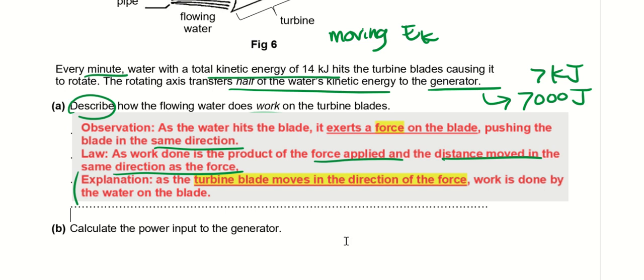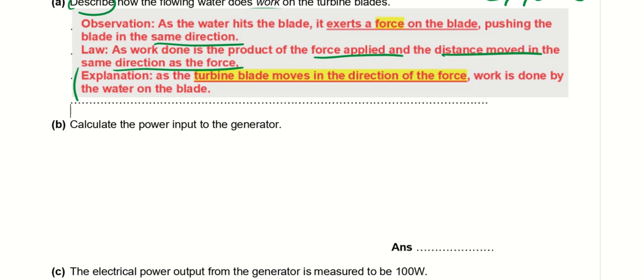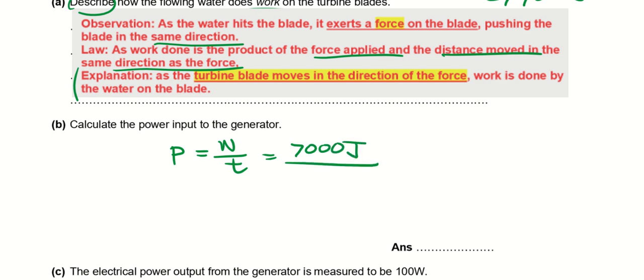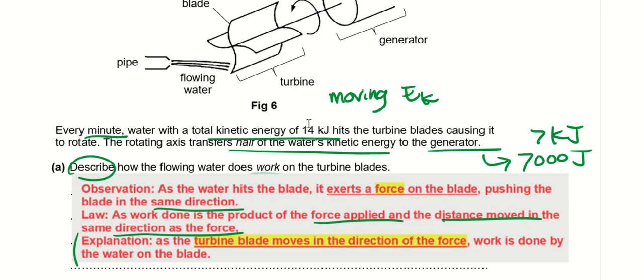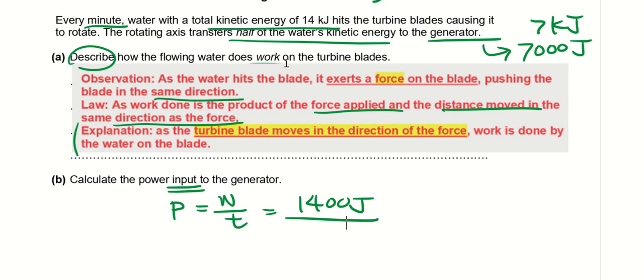Next, calculate the power input to the generator. So power is actually work done over time. Okay, so the work done is actually the energy that is being transferred, which is 7,000 joules. Oh, sorry, they're asking for the power input, so I shouldn't be using 7,000 joules. I should be using 14,000 joules, because this is the energy of the water, right? And this water actually has kinetic energy of 14,000 joules. So this is the input energy. Okay, the energy that's